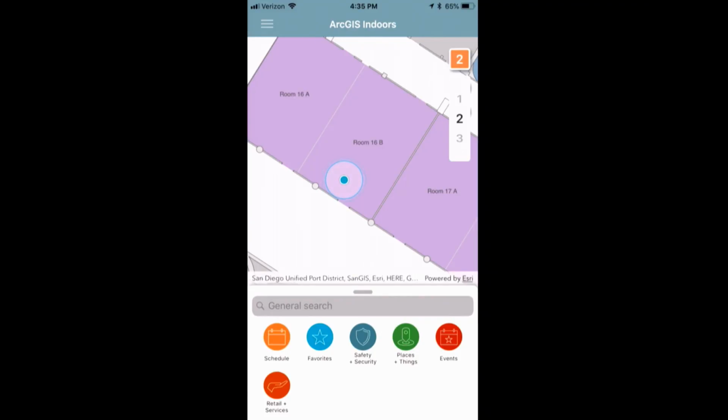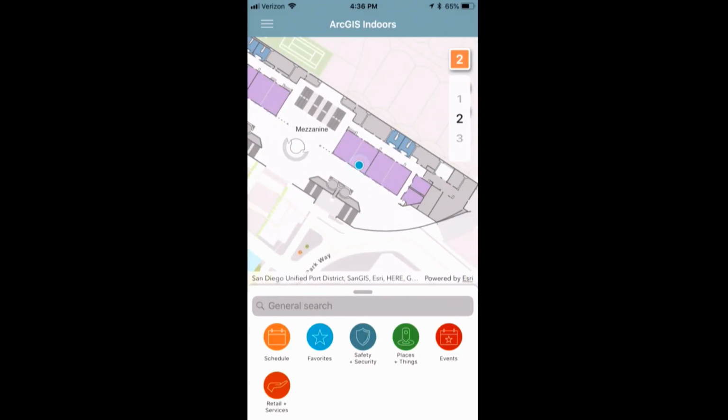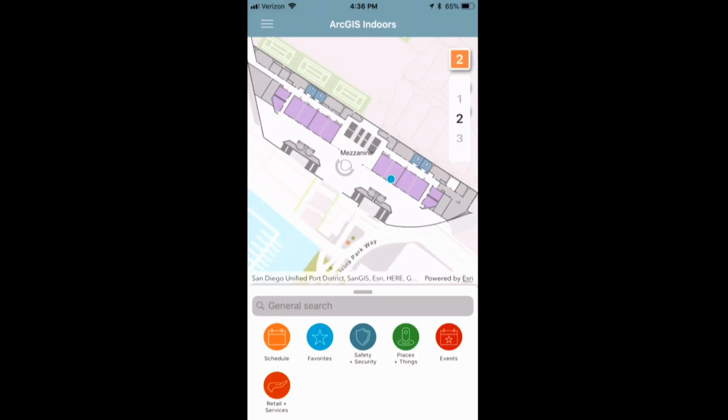Internally, we have what we refer to as a smart selector. So we don't really care how you get the blue dot, as long as you have a good map to put it on, and that's our bread and butter. So ArcGIS Indoors is going to provide you the map and a mechanism to take advantage of whatever IPS solution you want. We also work with partners, so we can help you out with that too if you want. So you can see, again, the map looks familiar, right? Here we are in the mezzanine.